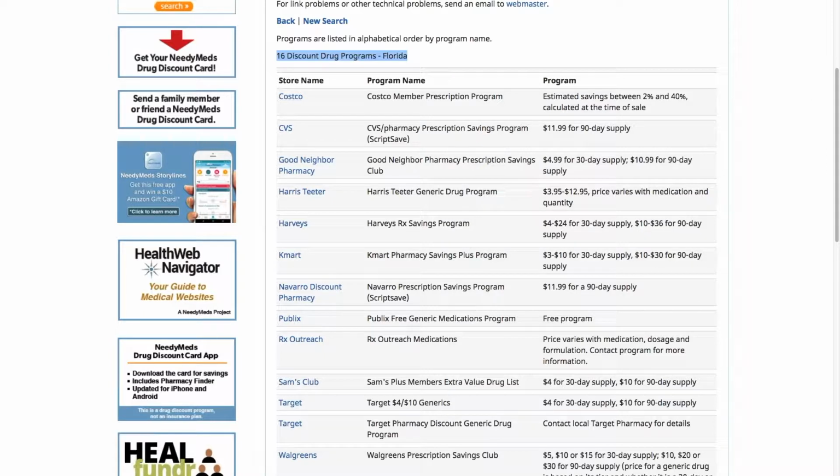And you can see a lot of the national major chains are included, such as Costco or CVS, but there's also smaller or regional chains that also participate, such as Good Neighbor Pharmacy, Harris Teeter, or a location called Harvey's that I'm not familiar with, being in the Northeast. In the middle, you'll find the program name, and on the far right, you'll find the details